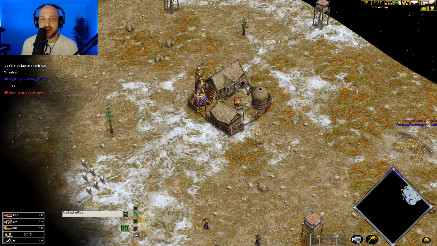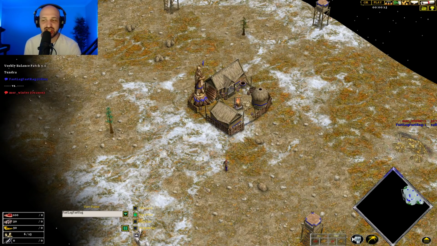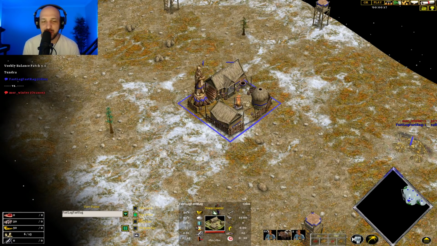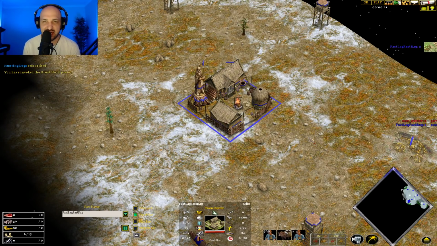My name's Boit, and I'm back with some more Age of Mythology: The Titans action. Spawning in the top of the map in the blue color, playing as Odin. His name is Fast Rag,